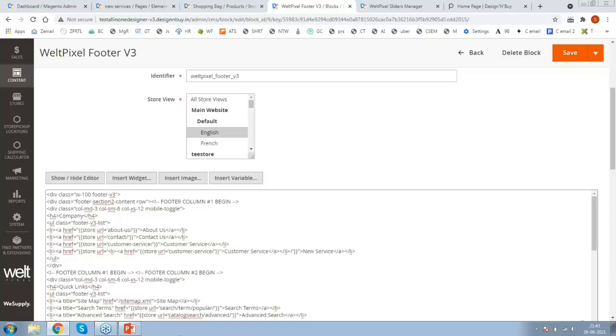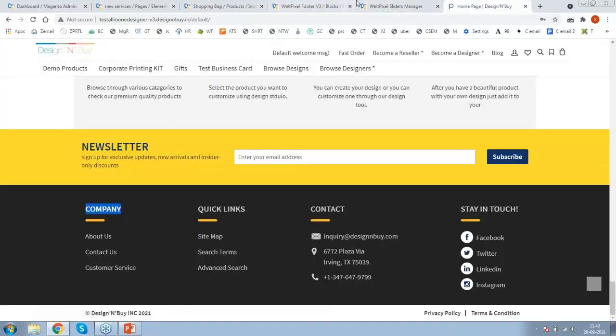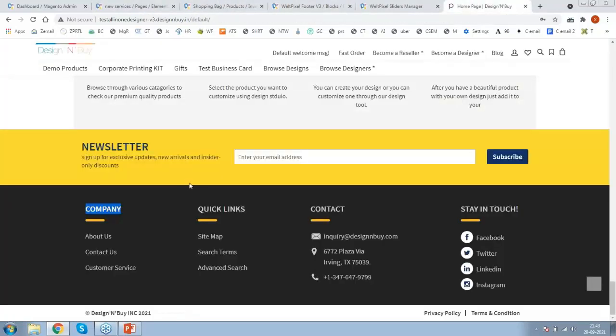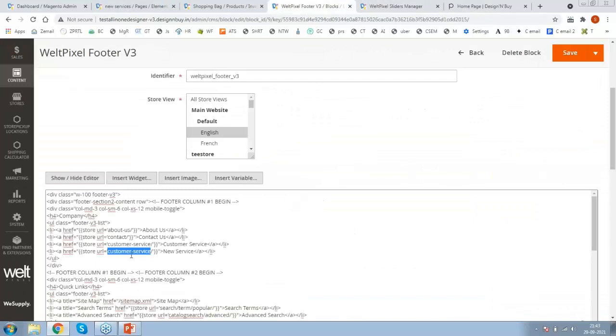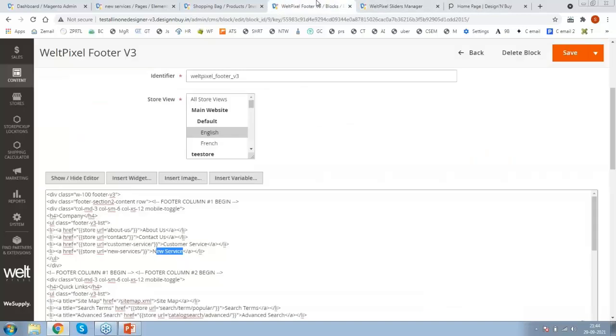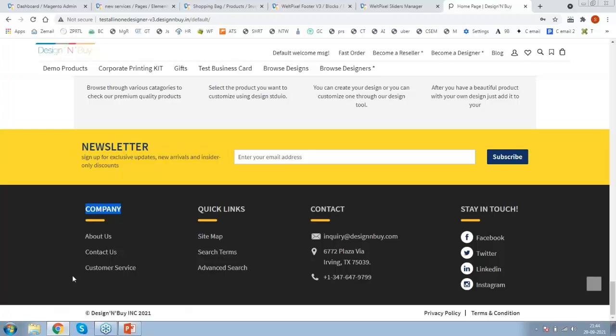So here it would be, let's say, new service. So here it will be new service, and here it will be the title. Finally we can save the block. Once I am saving this block, my changes will appear, and here I will get a fourth link, that is new services. We already have a customer service page. Right now I'm not saving it, but this is the usual, simple way to have your content displayed under this company section here.